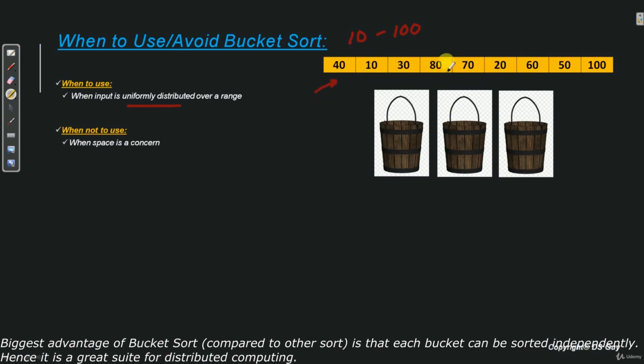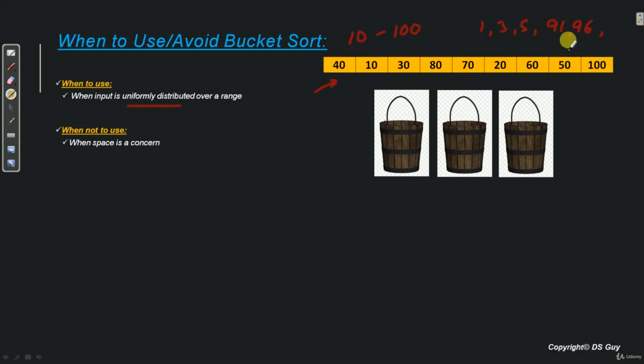But in case if our data is like this, that we have 1, 3, 5 and then let's say 91, 95, 96 and so on. So we see that the distribution is not uniform. So in those cases we will have a problem with bucket sort. What is the problem? The problem is all of this data will go in the same bucket. So let's say if everything goes in the same bucket and these two buckets remains empty, then the whole purpose of bucket sort is defeated. So we should not be using bucket sort in those kind of a clustered data.